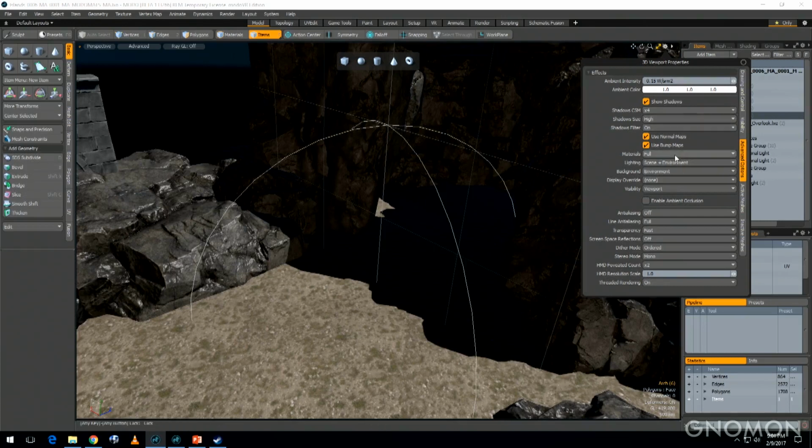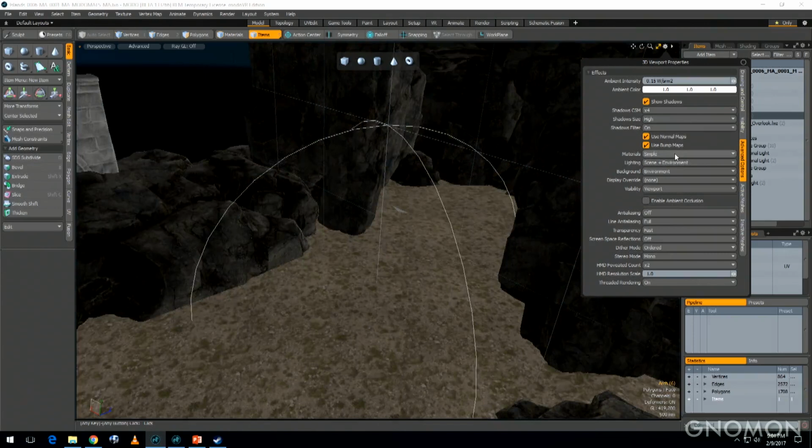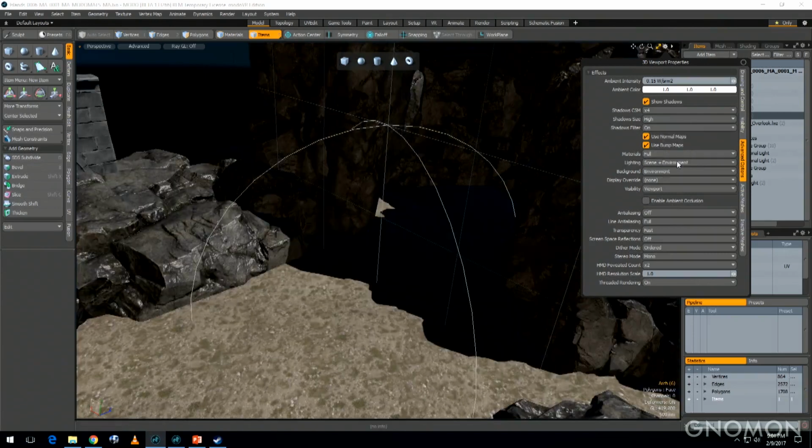And also, we have options to modify the level of shading. We can hop over into basic shading or even simple and see a very simplified view, because in the case of VR, performance is a massive challenge. We did so much to improve the performance of this viewport for VR.